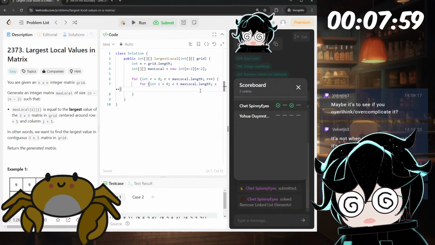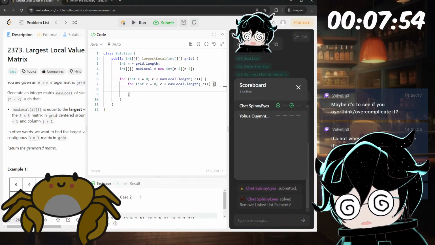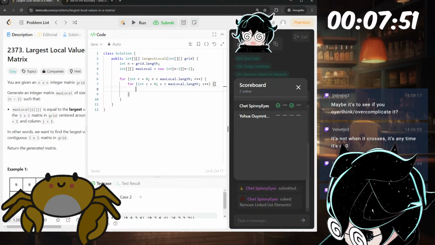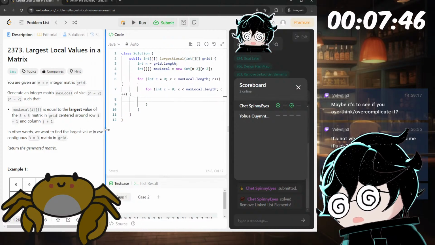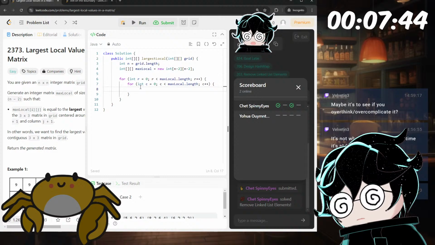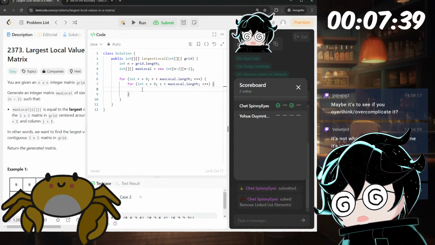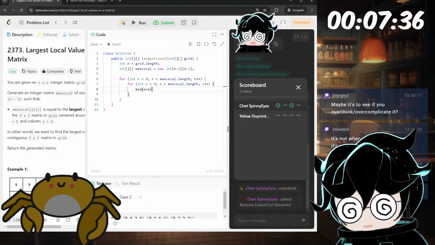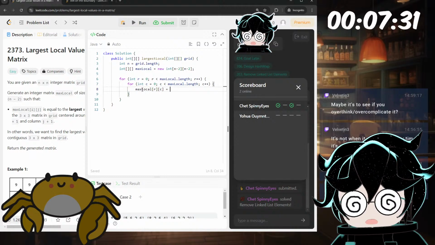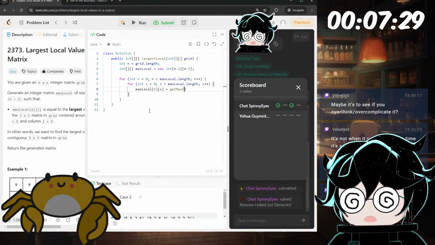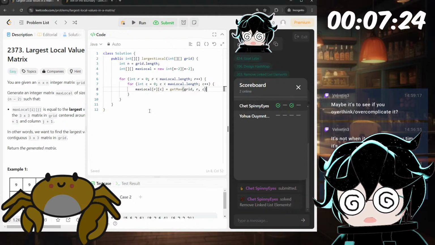Cool. So for every row and column in maxLocal, we need to get its max, right? Oh boy. maxLocal at the specific row and column is equal to getMax. Let's do a helper function, grid at r comma c.